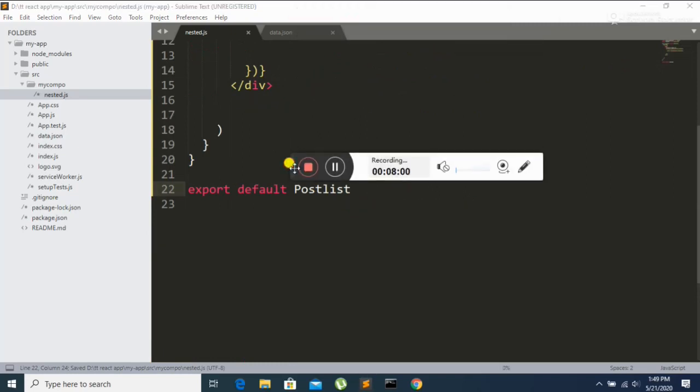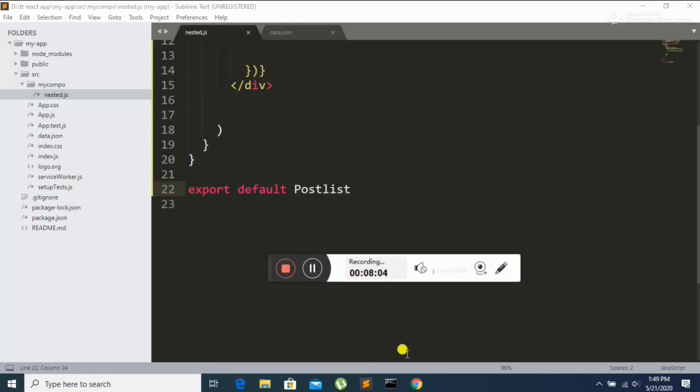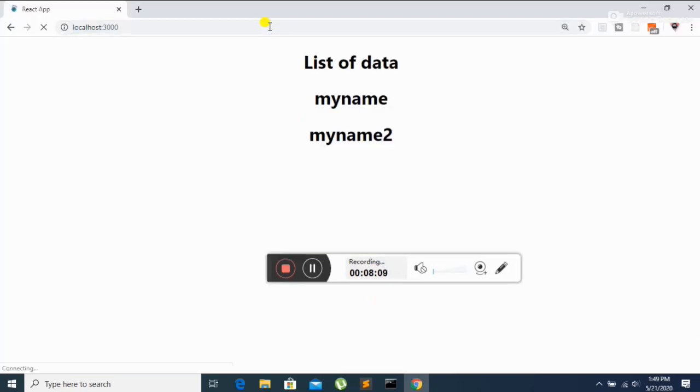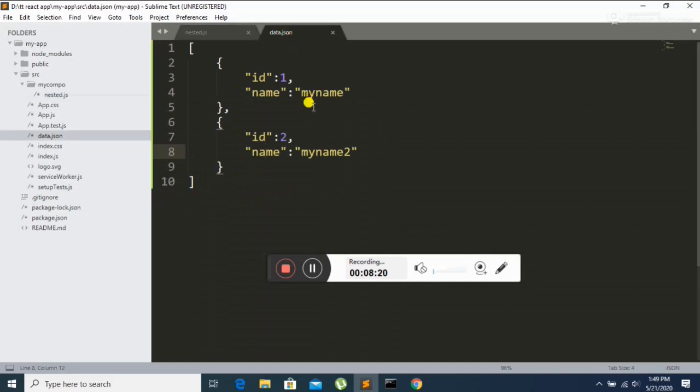So now we have to execute this code by using npm start in the cmd. So what will be the result? All right, so now I'm just showing this. This is the runtime application. Now you can see this is a list of data, and the whole JSON objects have been called right now. So now what should I do? If I change this name to Miz, and for the second name I just give developer,